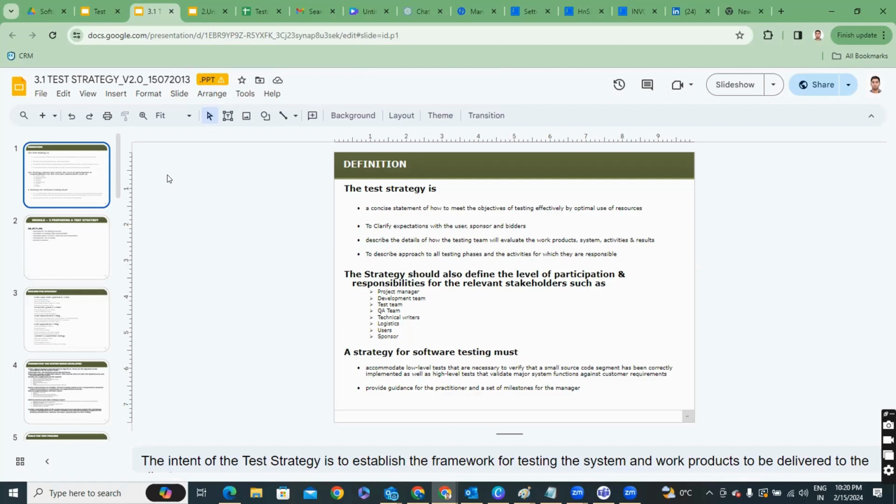Wherever the housing market is good, wherever people are choosing the right place, which is nearby all the superstore markets, everything, and also transportation, then I need to apply the strategy for where to build my apartment. After that I need to work out how much land is required, everything I need to get into the picture, right? The same way for testing, test strategy is a high level document